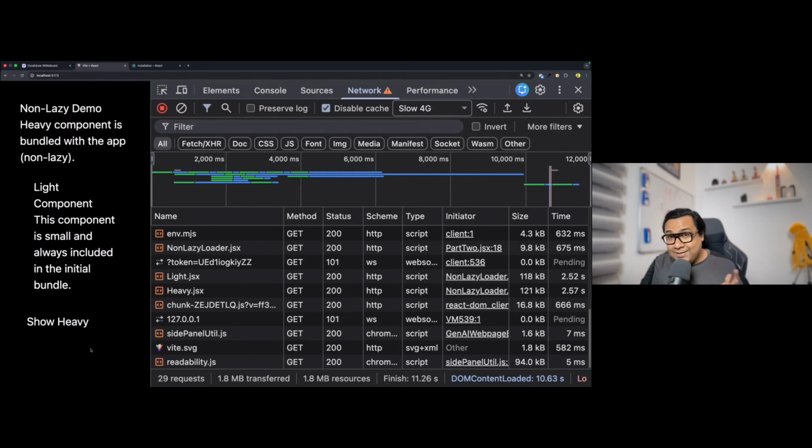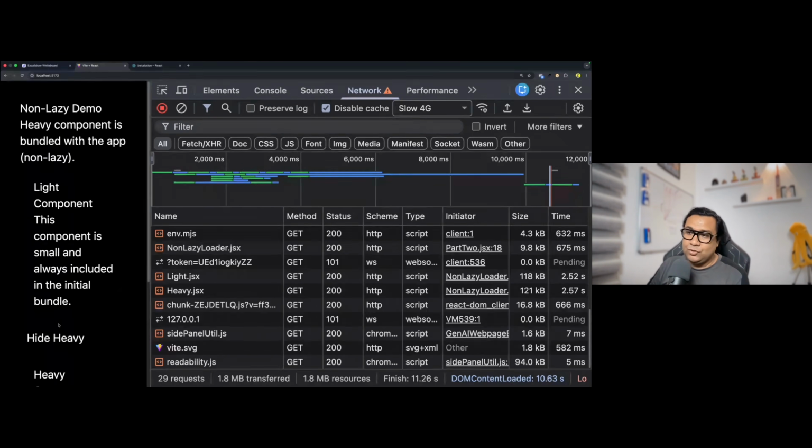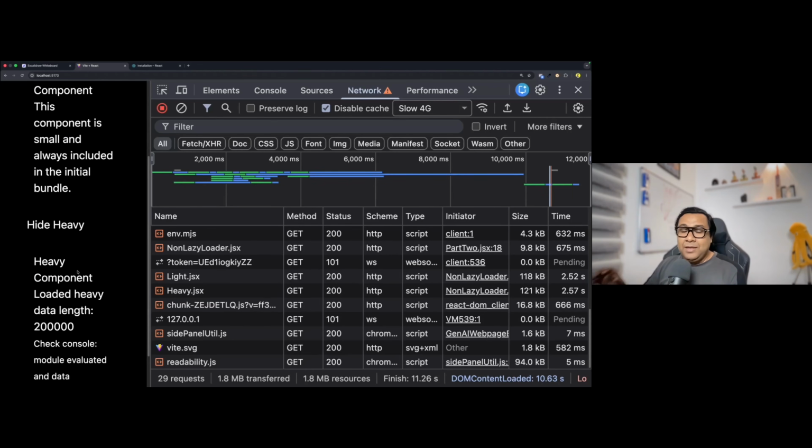So as you can guess correctly now, with lazy loading, I can lazily load this heavy component because the rendering of this heavy component is not required at the first shot of rendering of this entire component. The rendering of the heavy component is required only when somebody clicks on this show heavy. Then only I can selectively fetch the heavy component, load that heavy component, and then render that heavy component. That reduces a lot of rendering time on the first load and